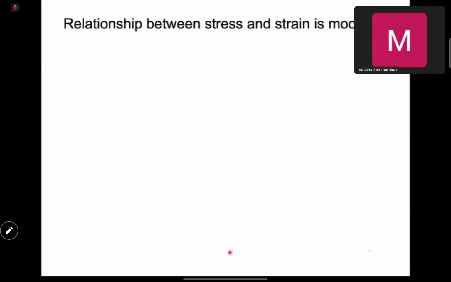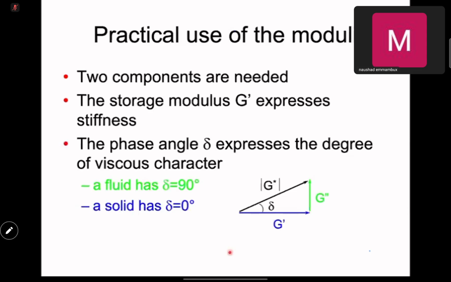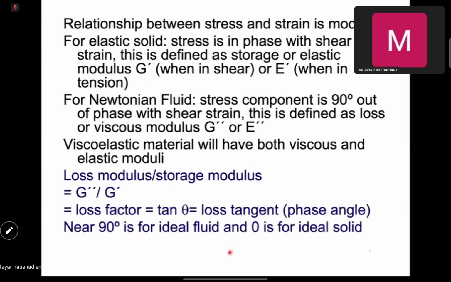All right, so this is just a repetition. The relationship between strain and modulus: for an elastic solid, the stress is in phase with the shear strain, defined as the storage or elastic modulus. For a Newtonian fluid, the stress component is 90 degrees out of phase with the shear strain. This is defined as the loss or viscous modulus. A viscoelastic material will have both viscous and elastic moduli. Loss modulus divided by storage modulus, G double prime divided by G prime, is the loss factor,